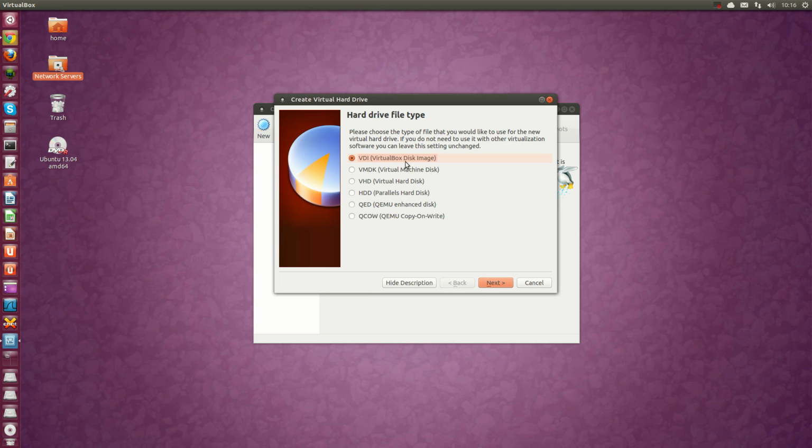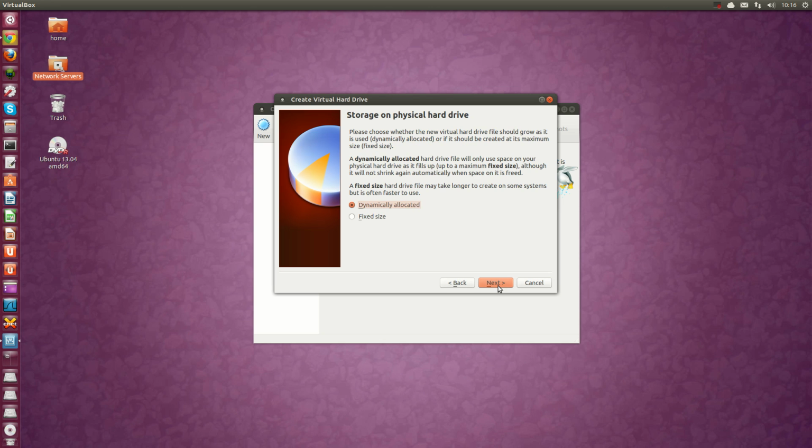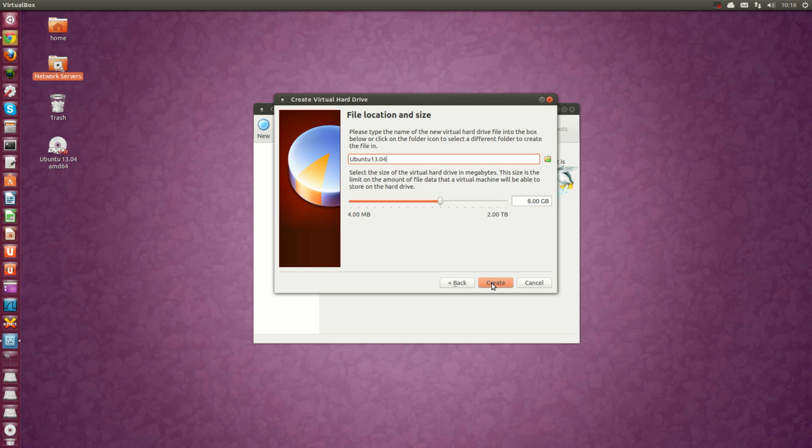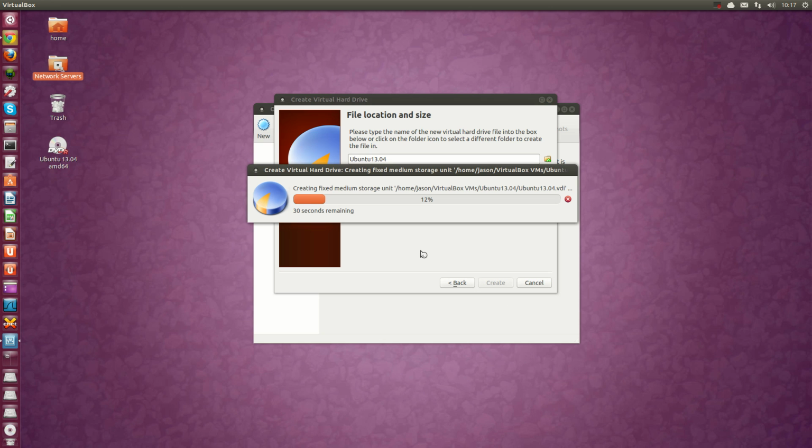It's going to be a VirtualBox disk image, and should we have it fixed size? Let's see, if we have fixed size, let's give it a fixed size of 8 gigs. I'm going to go for around about 12. So what that's actually doing is it's going to create me a virtual hard disk of exactly around about